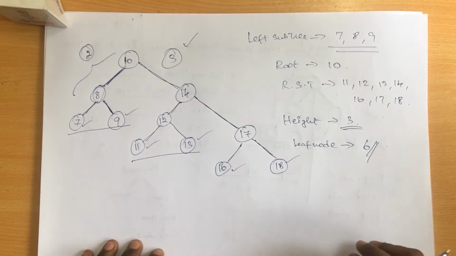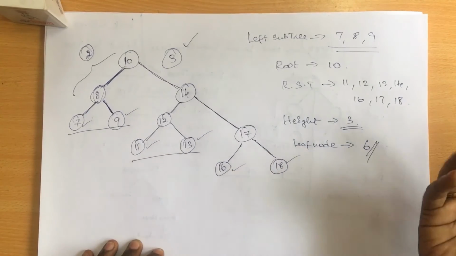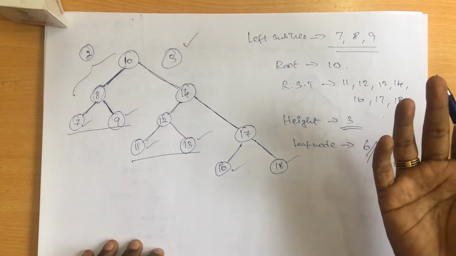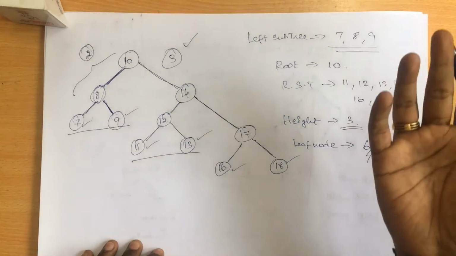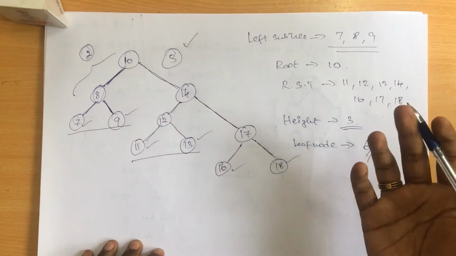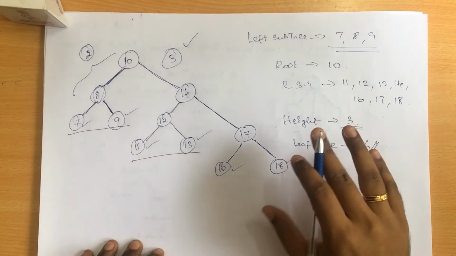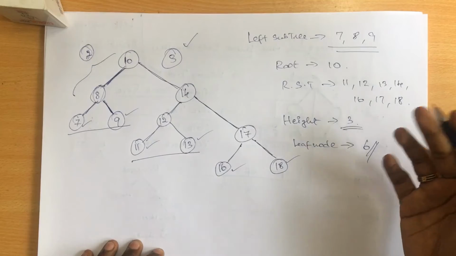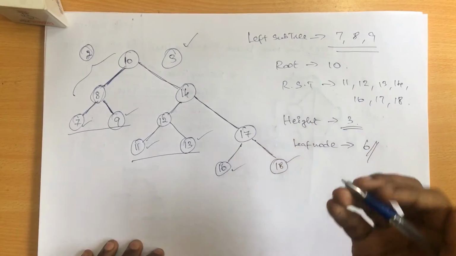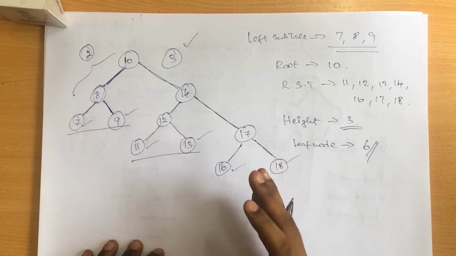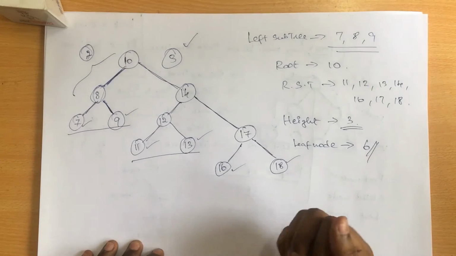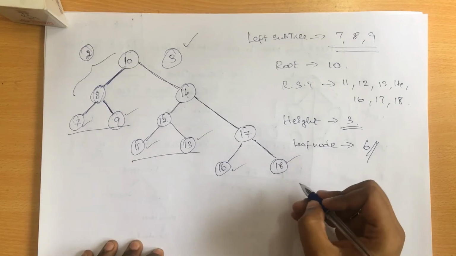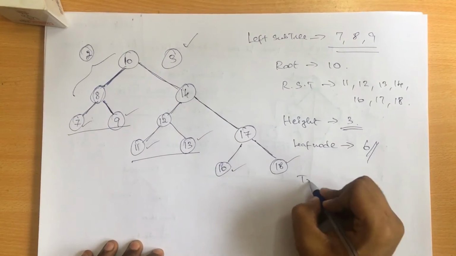So first we have discussed what exactly a tree is and why we go for a tree, and the types of tree. So we have the binary tree, we have the AVL tree, red black tree and so on, right? We are not going to focus on that as of now. Only after the implementation of this tree algorithm we are going to focus on other tree structures. And here, when you look at a normal tree, we actually have 3 types of traversal, right? So how will you traverse through a tree?